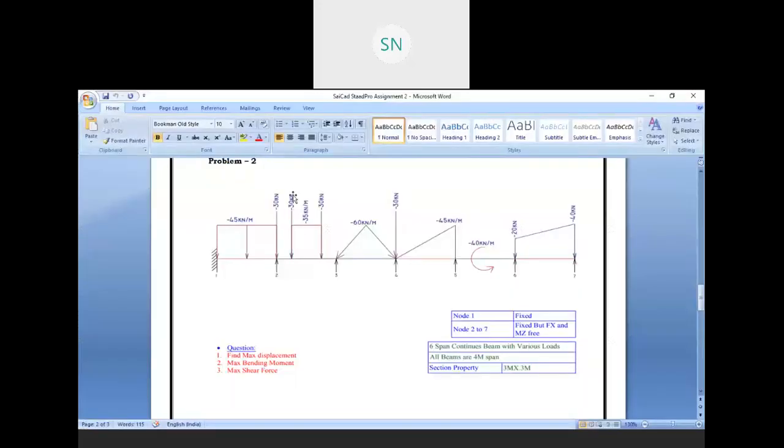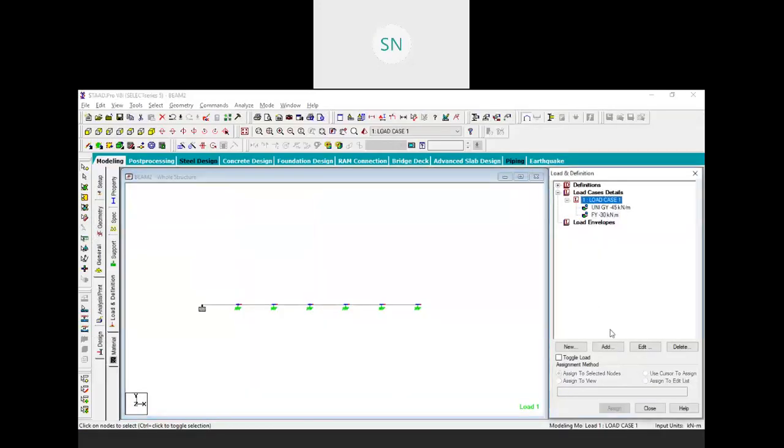Then next we have two loads over here, 30 kilonewton at 1 meter and 30 kilonewton at 3 meter. These both are point loads, and in between we have uniform force minus 35. So first of all we will create a point load.